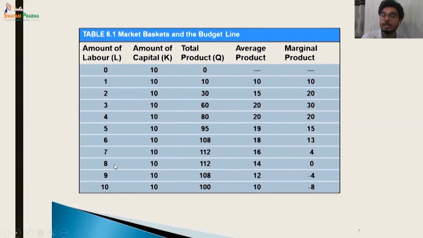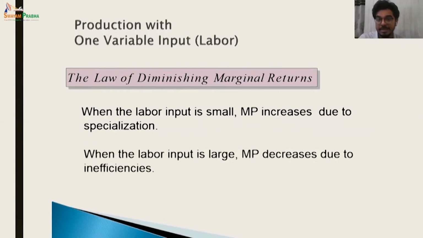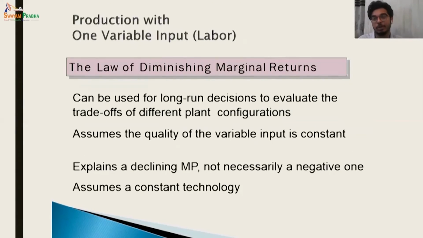But once in the long run, after the short run teaches me that beyond 8 there is inefficiency with the labor force and I should not increase more, then in the long run, that can tell me now from here, if you want to increase production further, you need to increase more of capital, not more of labor, because additional labor beyond 8 will cause inefficiencies and that will not help in your production process. It also assumes the quality of the variable input, the labor, is similar. So whenever you are getting a friend, they are of your similar caliber.